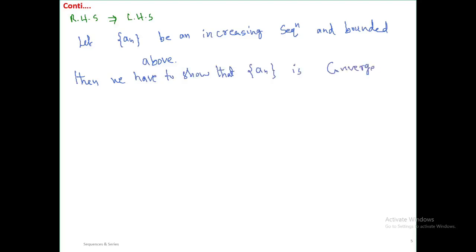So this we have to show. Then use that AN is increasing and bounded above. So therefore, given that,